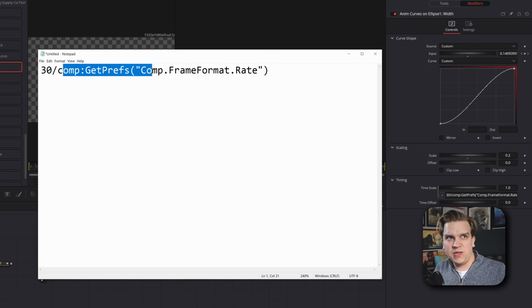If we didn't have this and then we move this to a 60 frames per second timeline, this animation would naturally play back in half the intended time. But once we apply this expression, it will be 30 divided by 60, which will get us 0.5. That will set the time scale to 0.5, which says, hey, play this back twice as long. Now that expression meant for 30 plays back at half speed. But remember, this isn't dealing with those frames, it's dealing with the keyframes. So you're not going to get any of that choppy motion. It's moving that animation to play back in twice the original length, which would work on a 60 frames per